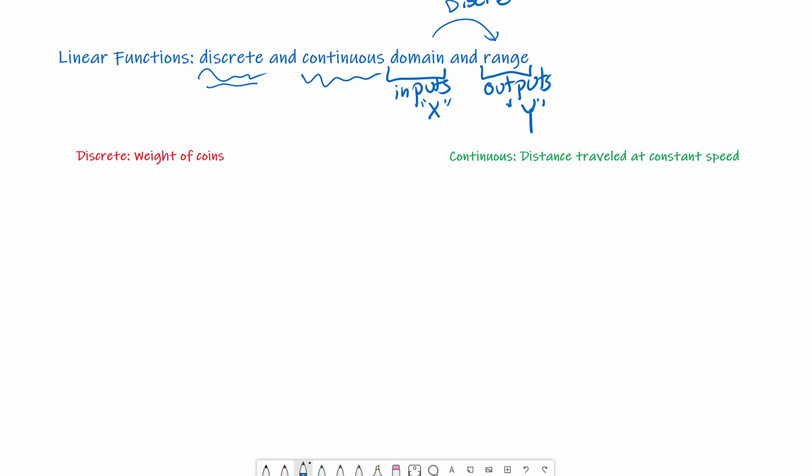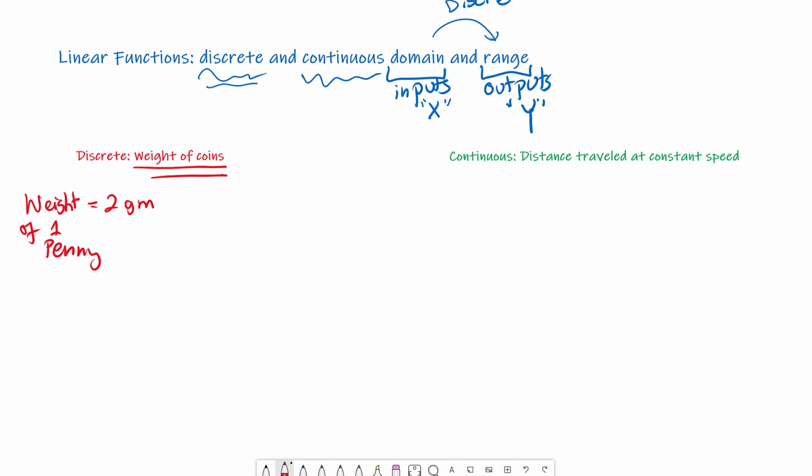So in order to understand the difference between discrete and continuous, we're just going to look at a couple of examples so that we can get an idea of what that is. So let's start with discrete, and in this example we're looking at the weight of coins. So say we have pennies. We'll say that the weight of a penny is, say, 2 grams. This is just a guess. So that would be the weight of 1 penny